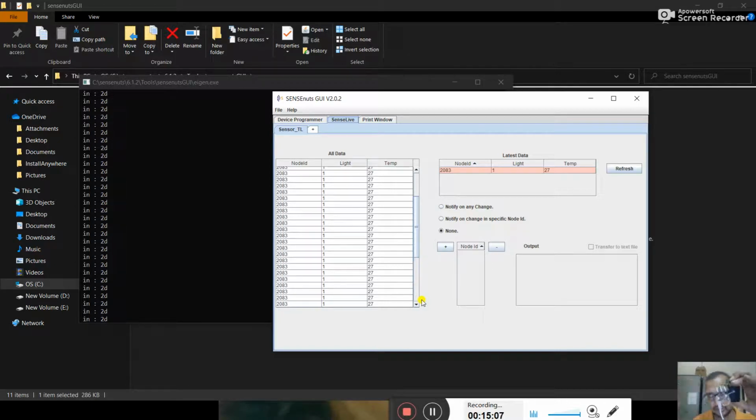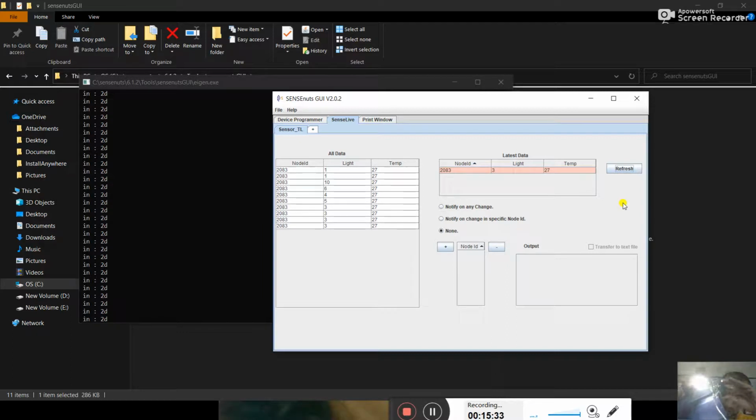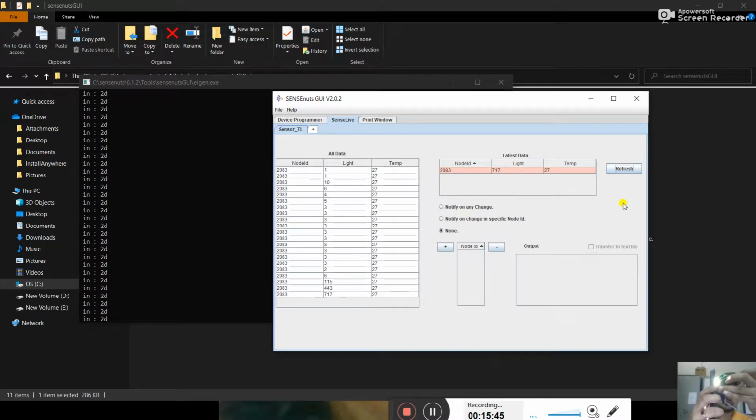Now I am going to start the light. I have started some light, and I am refreshing the data. Now I am showing the torch to the device, and you can find that the light value is incrementing. Likewise, you can find the increment of the light sensor.